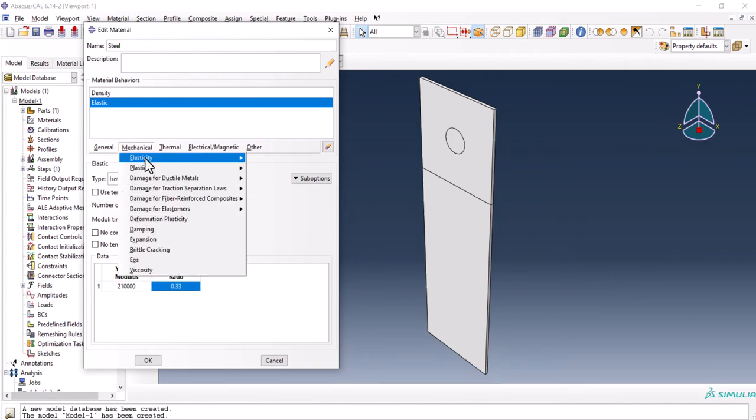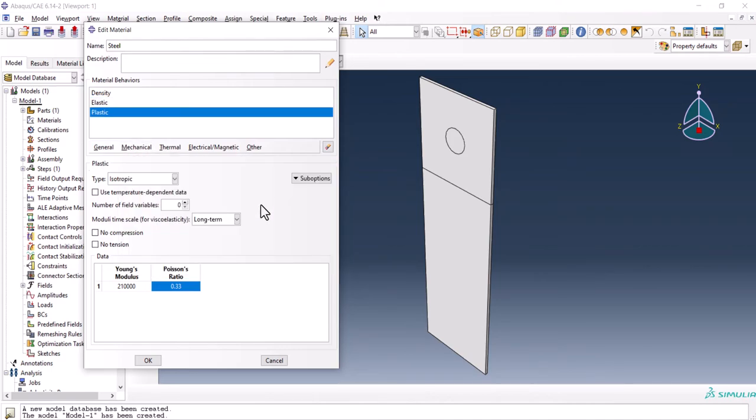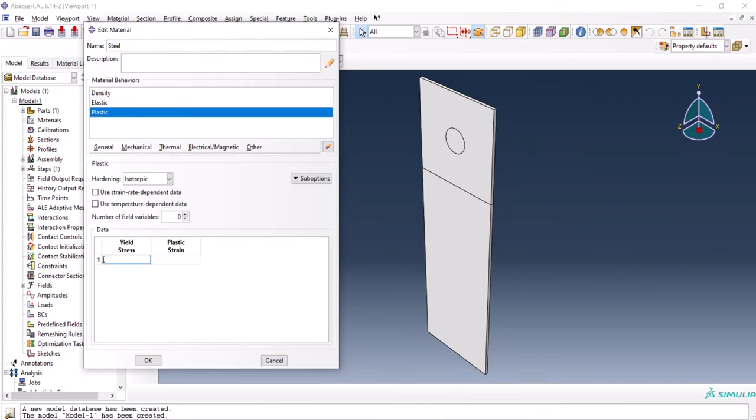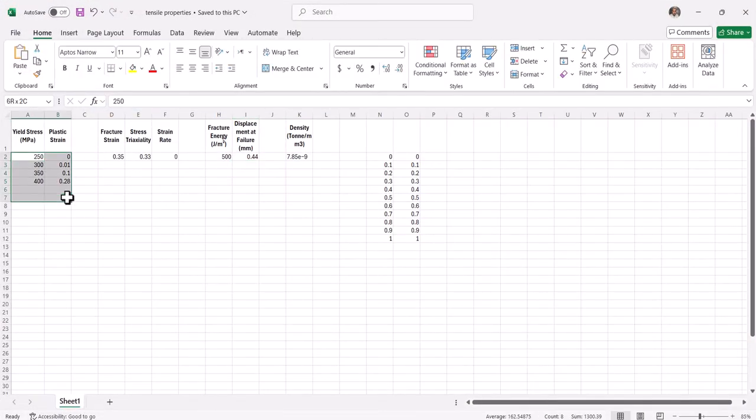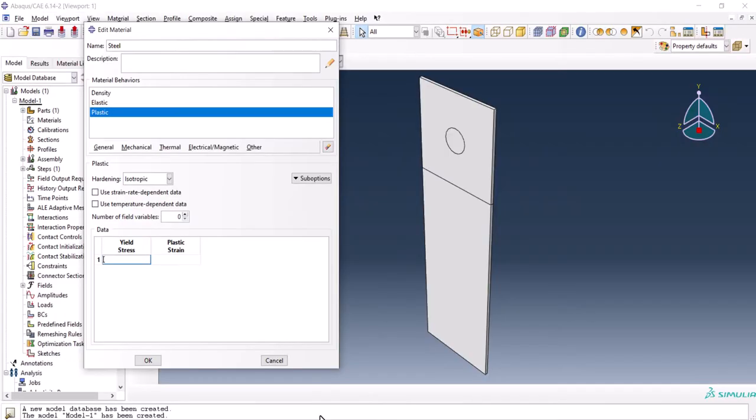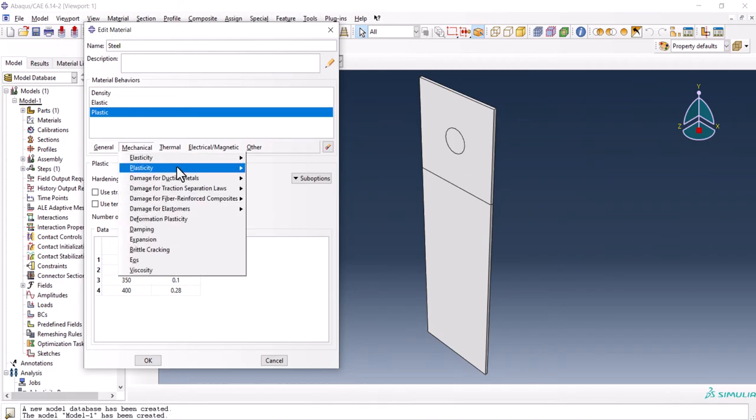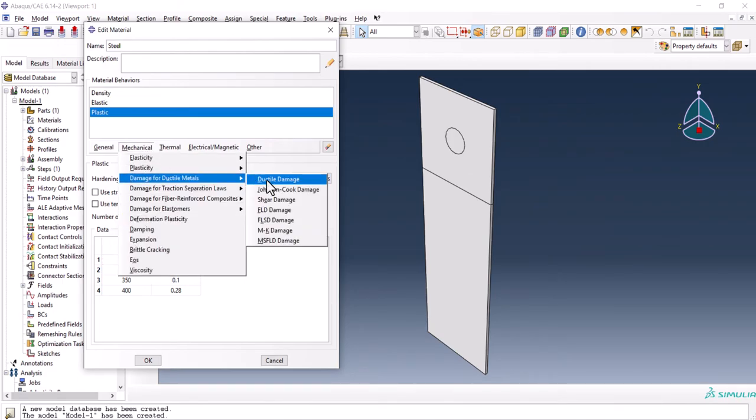And for the mechanical plasticity and plastic, we want to select this one, Control C and Control V here. So we have the plastic part, and we can have the damage for ductile materials here,